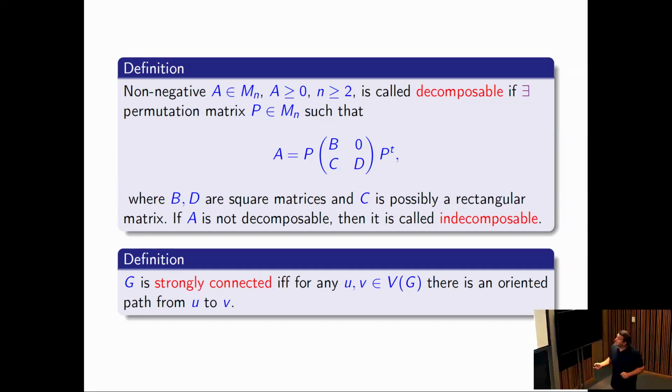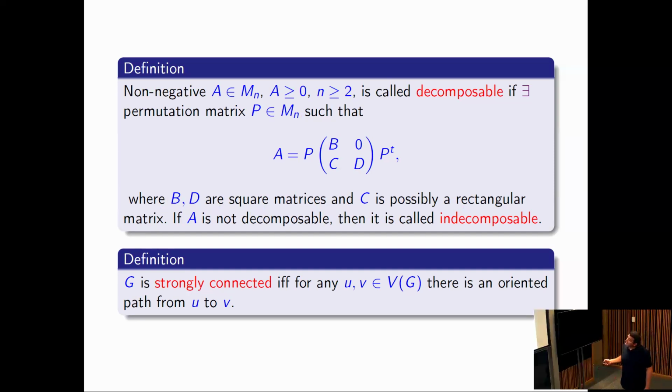So the question is, I consider permutation similarity. Can I move my matrix to the following block form,